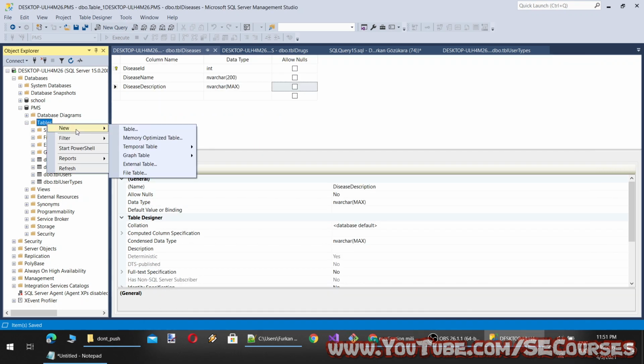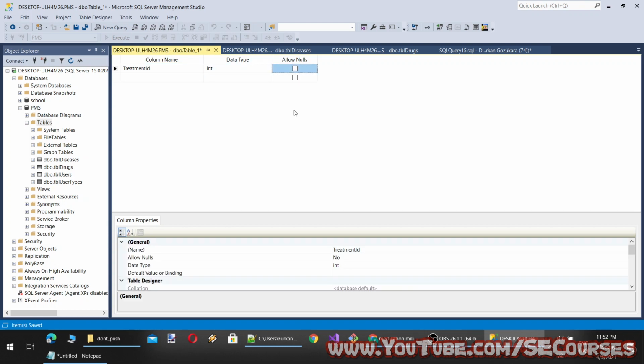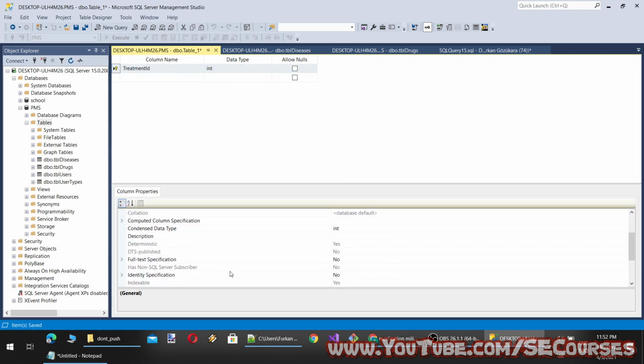So this is what it means to have a relational database. Here we will have a prescription ID. How else can we call it? It can also be treatment. Let's make it treatment ID. Yeah, and it will be primary with identity specification.